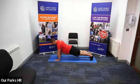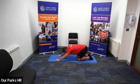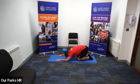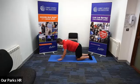And before you know it, in 3, 2, 1, slowly lower the knees, take the hips back, keep the fingers forward, and we come down into child's pose. If you can, get the elbows to the floor. Okay, lovely. We're going to come back out into our normal 4-point kneeling, making sure our hips are in line